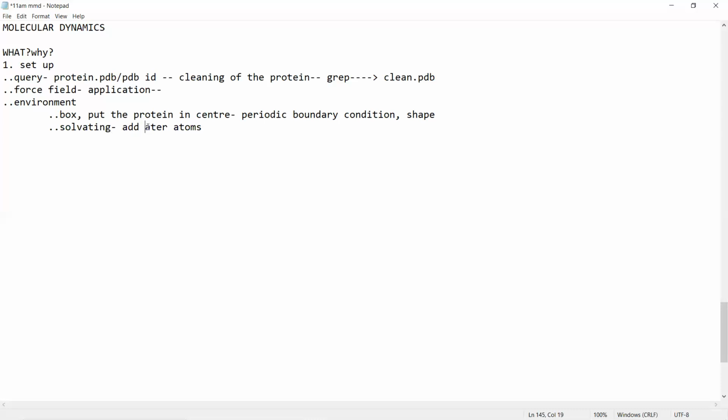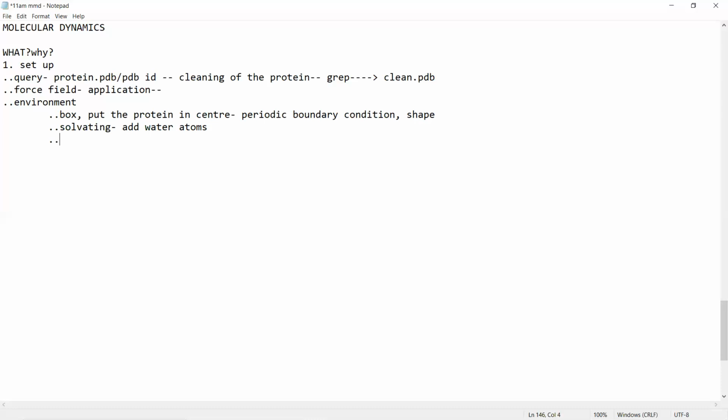When you're adding these water atoms, we will not be defining how many water atoms have to be added. Why? Because that again will be defined by GROMACS. We will not be adding the water on our own. It will see how much space is left within the box, excluding the protein space, and based on that, it will add the water. Clear? So we are giving the water environment. We are mimicking the environment like I said in the starting. So we are creating the environment now. Next.